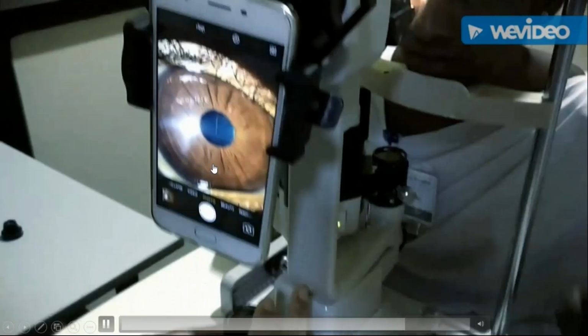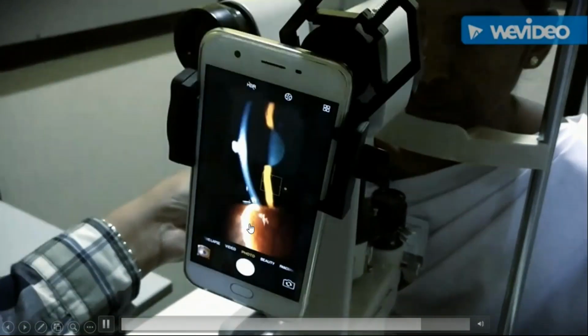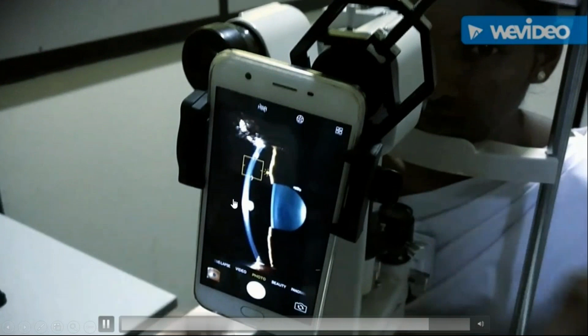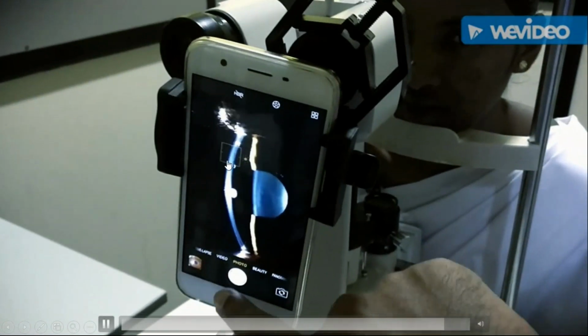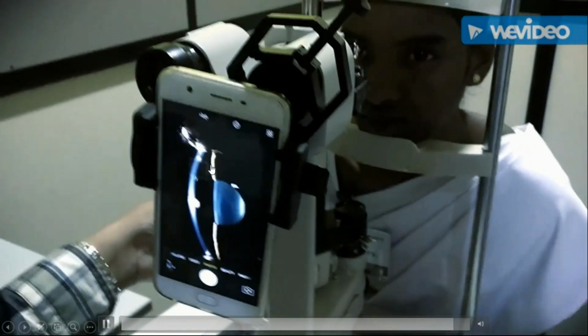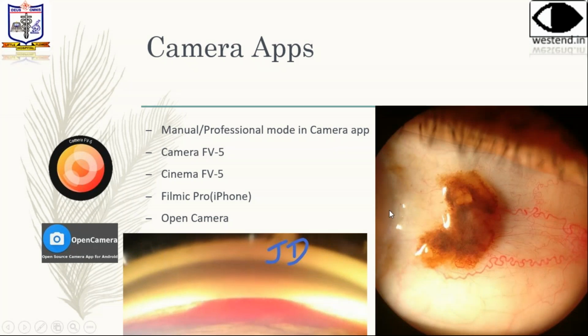So diffuse illumination is easy to get. Once you want to change to a slit illumination, you need to make sure to avoid the maximum reflection, and you need to touch to focus. So once this area is touched to focus, you can even adjust the brightness once you do a focus lock. So that is how you fix and take photographs with a smartphone on a slit lamp.